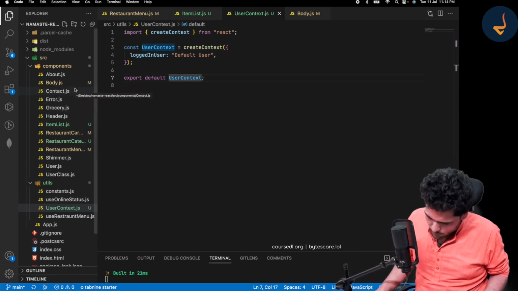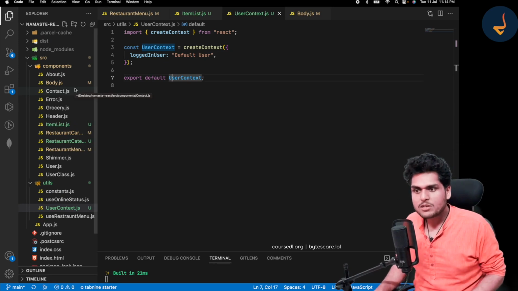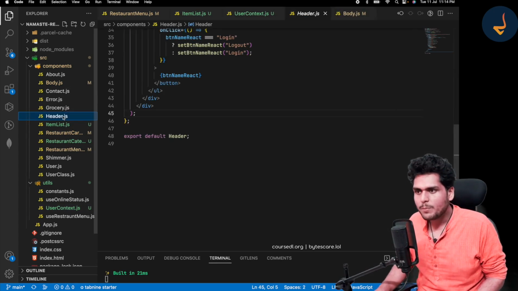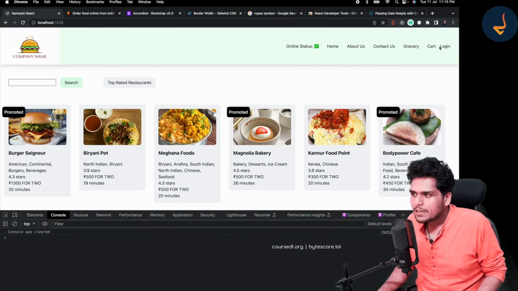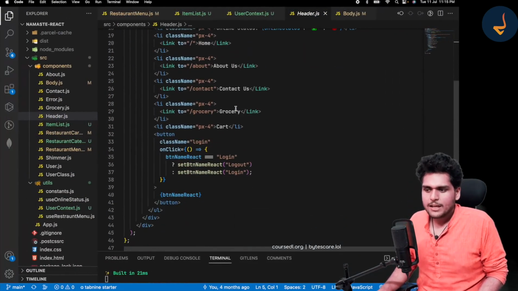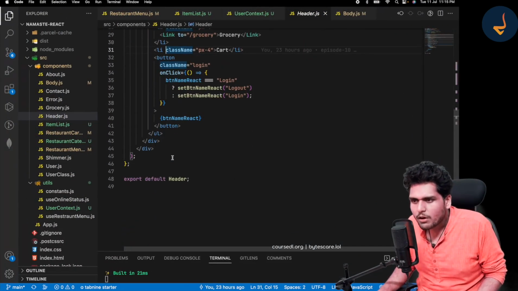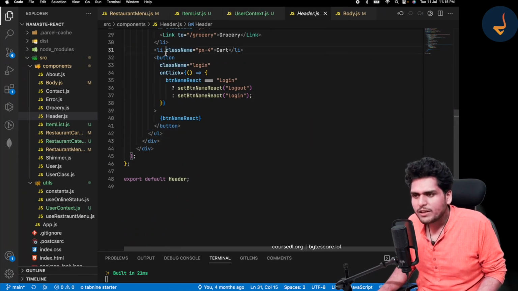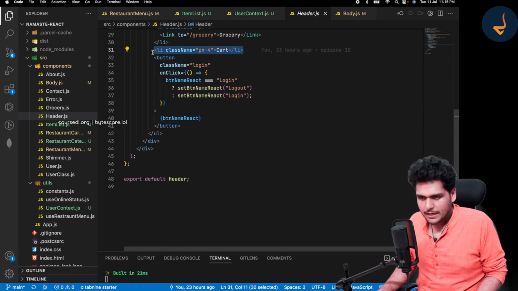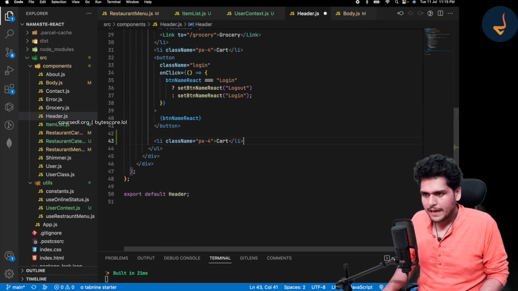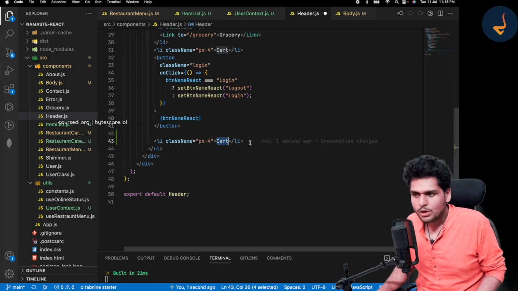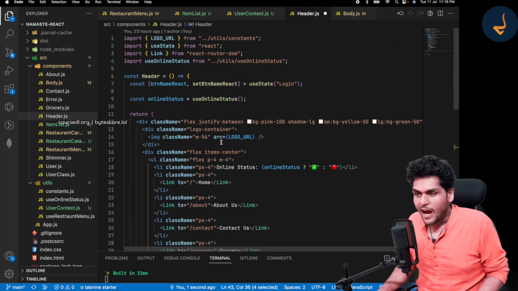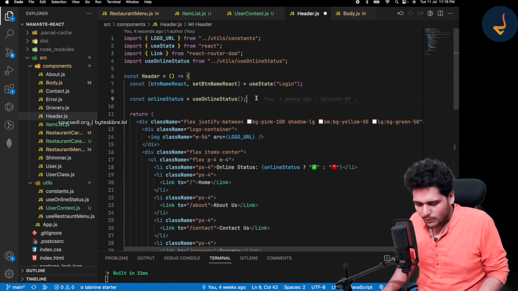Suppose I have to access this in my header component. Here is my header component, and suppose after this login button, I want to print the name of the logged in user. So after that, suppose I want another li item, and over here I want to use that context. I want to show the logged in user info. How can I access it? I can access that piece of information